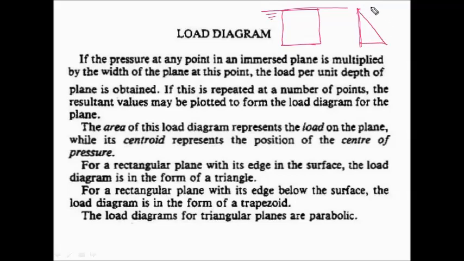At the top, the pressure. What is the formula for the load per unit depth? For the load I will use the capital P, and for the pressure I will use a small p. So small p into width, which I will call B. Small p will be rho g h into width, like this. So at the top h will be 0, so pressure will be 0, then load will be 0. As you go down towards the bottom,